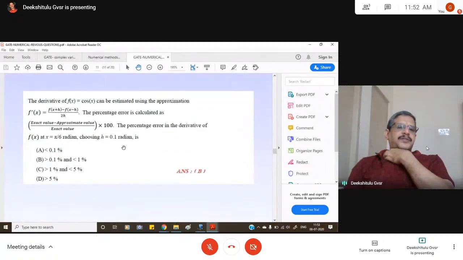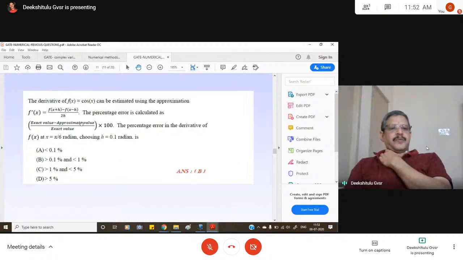The derivative of f(x) equal to cos x can be estimated using the approximation f'(x) = [f(x+h) - f(x-h)] / 2h. What is the percentage error in the derivative of f(x) at pi by 6? You calculate this using this formula. If you take h equal to 0.1, then f(x+0.1) minus f(x-0.1) by 2 into 0.1. If you use this formula, you get